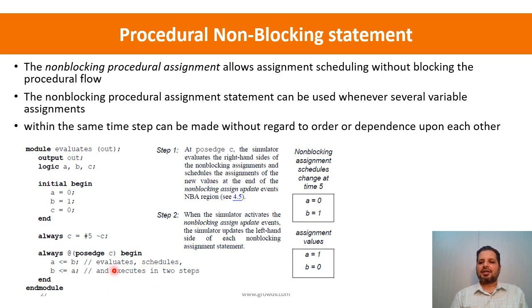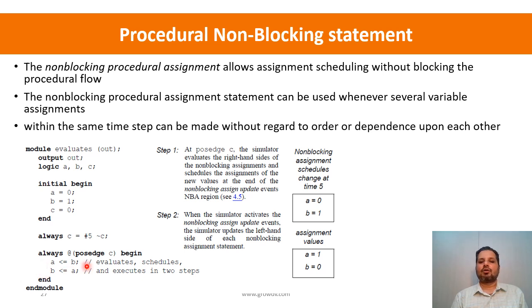But the assignment itself to the left hand side variable will not take place. When, in the same time tick, you reach the non-blocking assignment, then you actually assign the value. So when you assign the values, we had already sampled the value of B as 1 in the active region, that gets assigned to A, and then A's value that we had sampled, which was equal to 0, gets assigned to B. And if this whole statement was of a blocking type, then what would have happened is